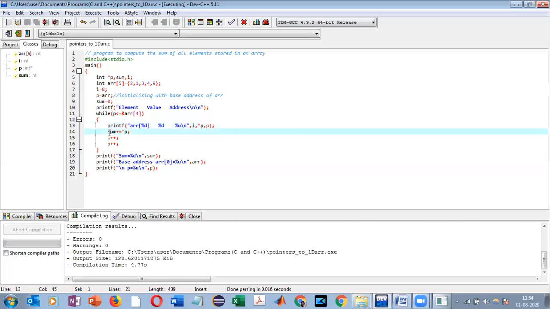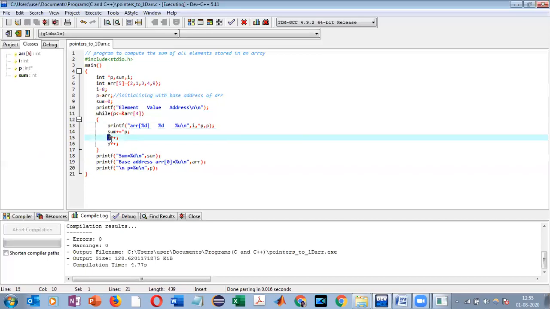And here, instead of calculating the sum in a normal way, like we do when we add all the elements of an array, we are using the indirection operator before p. We are using the pointer variable, in other words, in order to calculate the sum. So in every case, we are using the indirection operator before the pointer variable to capture that particular value, and we are adding it to the previously stored sum.